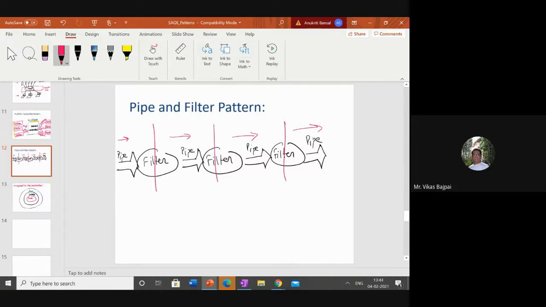Now, any example from day-to-day life? Social media feeds, yeah, up to some extent.